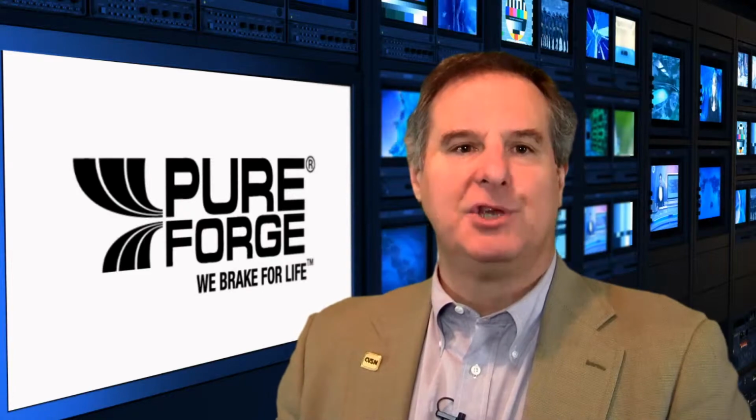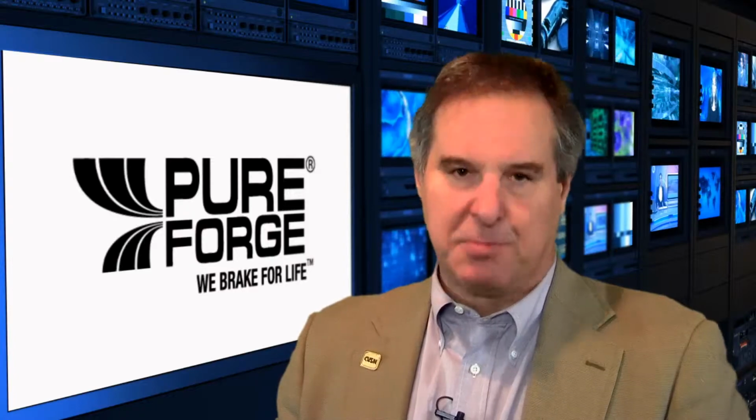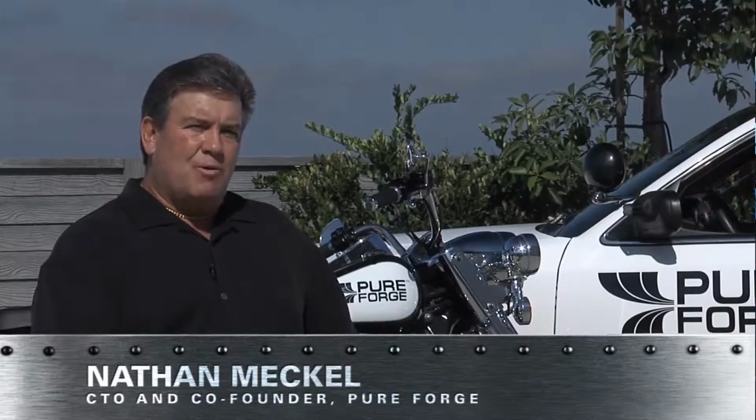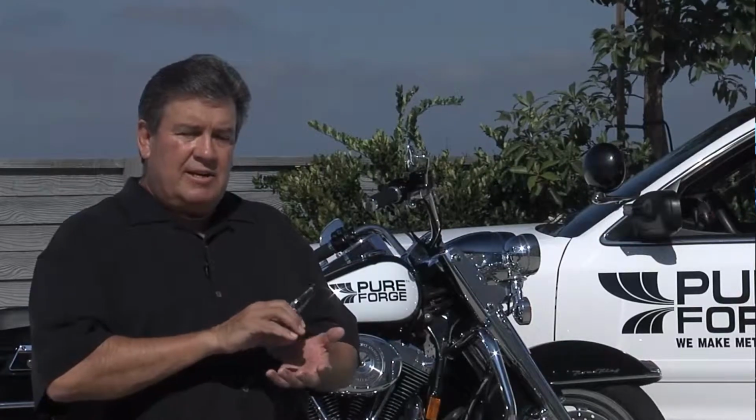The company's chief technology officer, co-founder, and a metallurgy expert, Nathan Meckel, explains. The atomic forging technology is something that we've developed here at PureForge and is proprietary to us. And basically what we're doing is we're forming molecules on the surface of the rotor, in turn, which create layers, and those layers now are combined one on top of the other. Some of these layers are very hard and some of the layers are very tough. And the way that we join them together, either homogeneously or inhomogeneously, gives a treatment to the surface of the rotor that can withstand all of the mechanical stresses and so forth that are introduced to the brake rotor during